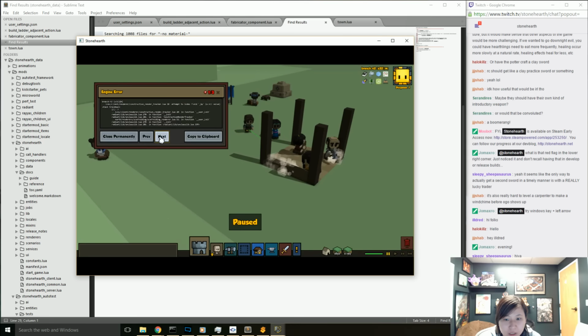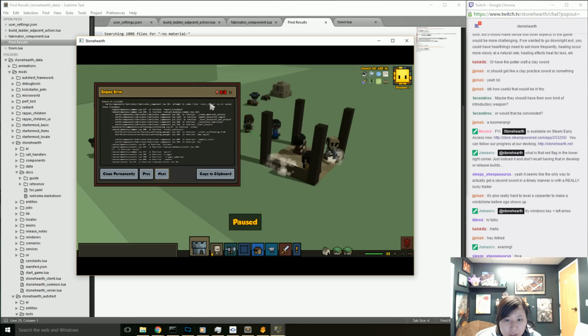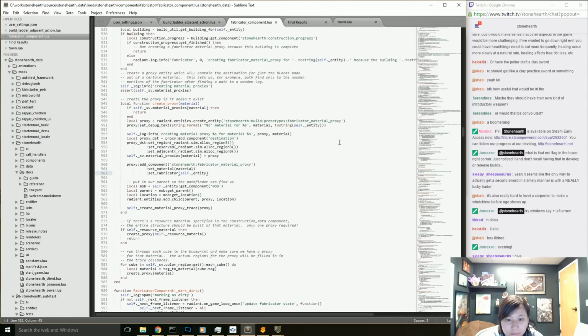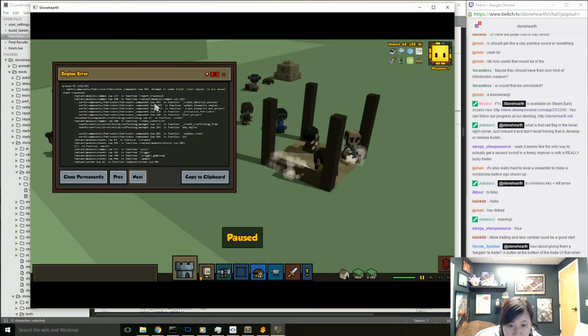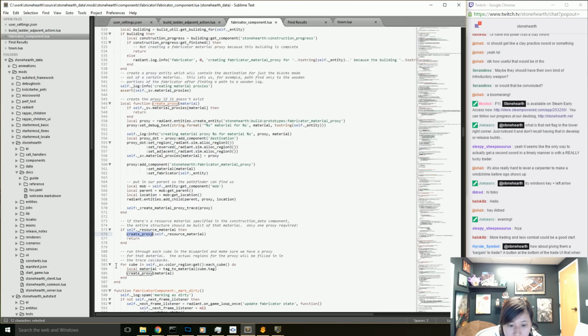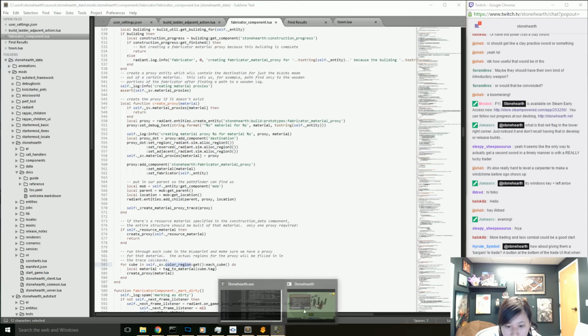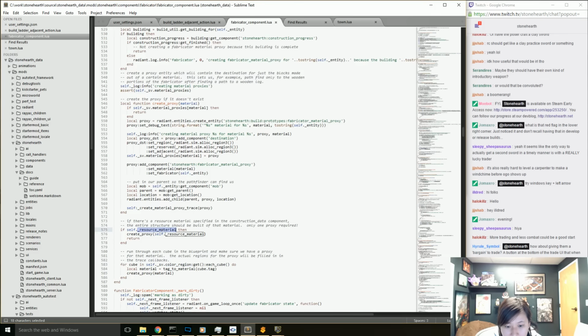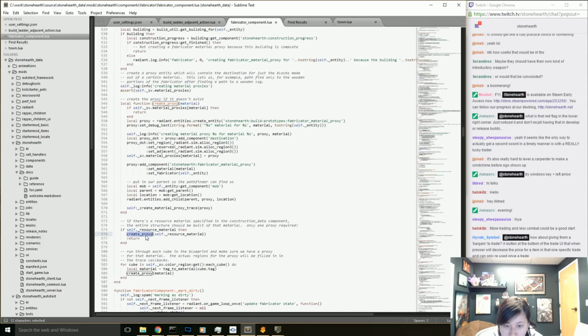Attempt to index field BP, a nil value. So attempt to index field color region, a nil value. And this is under Fabricator component 583, create material proxies. What line is this? 583. So it goes through the color region for each cube. And there is no color region. And there's probably no color region because there is a resource material. And if you create a proxy for that resource material,